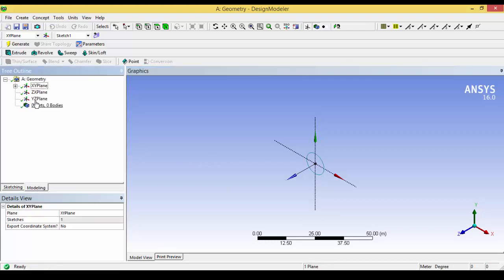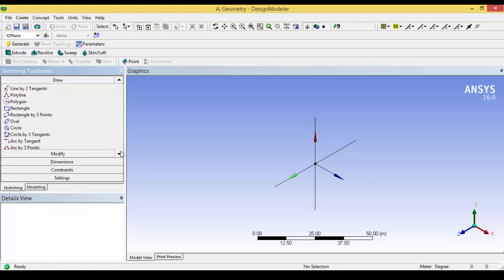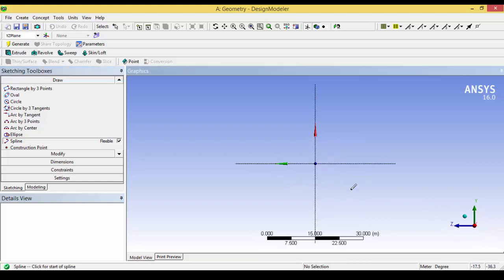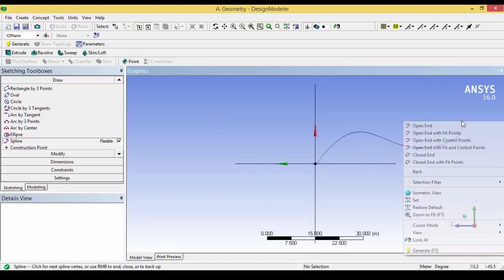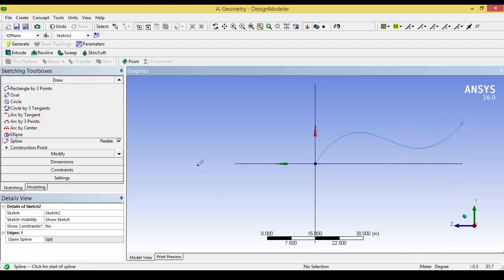In the YZ plane I am sketching a spline. So the normal direction to that YZ plane is X. So I am creating a spline in the normal plane, and right click and click open end.